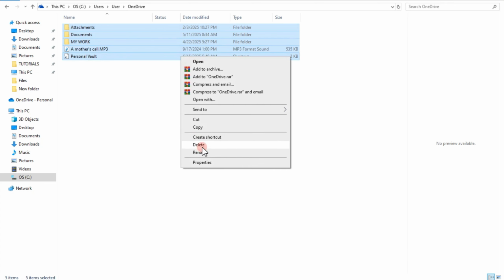So basically, what are the advantages of removing OneDrive from Windows? Of course, free up system resources, more storage space, no unwanted syncing, faster boot times, better privacy control, and simpler file management. So that's how easy it is to